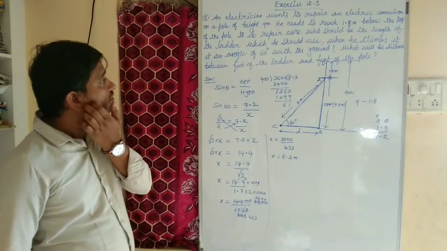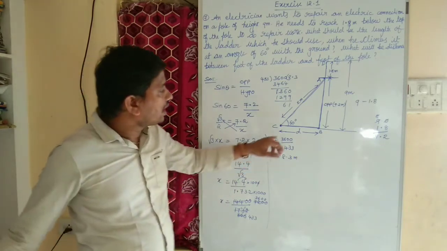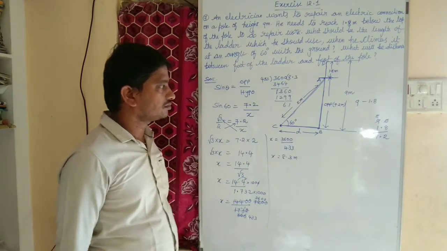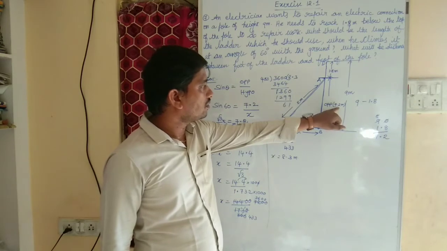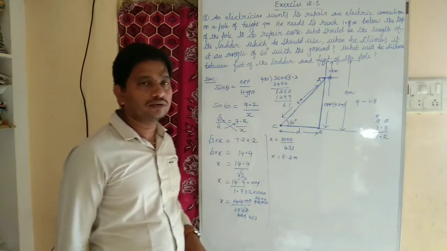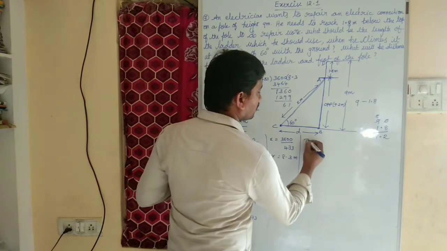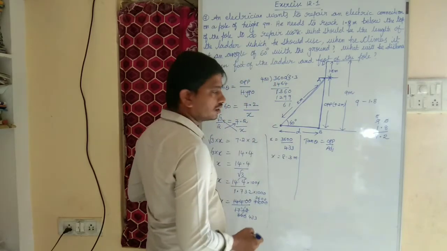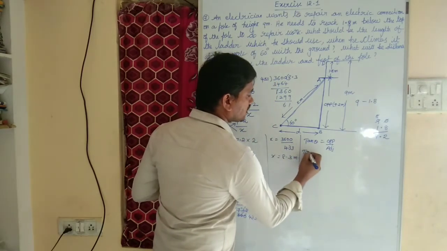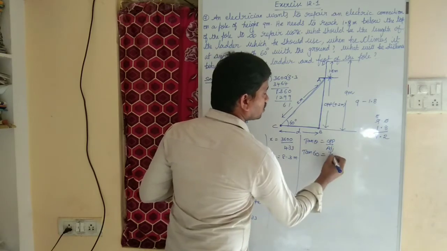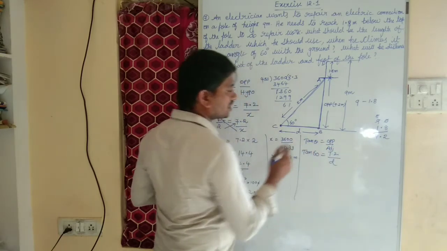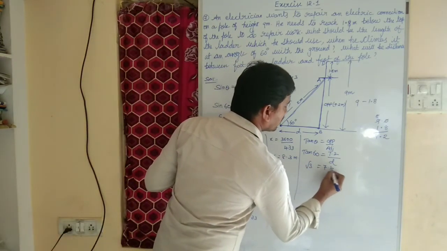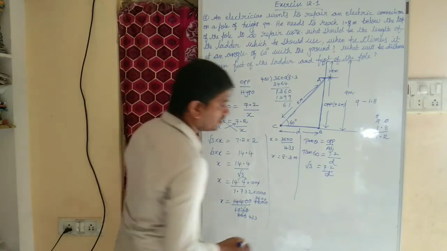Now second question, what will be the distance between foot of the ladder and foot of the pole? Yes, we have to find distance D. We know the opposite side and this will be adjacent. So what is the trigonometric ratio which is opposite by adjacent side? That is tan, right? Theta value is 60 degrees, tan 60 equal to opposite will be 7.2 and adjacent is D. So what is tan 60, children? Tan 60 is root 3 equal to 7.2 divided by D.